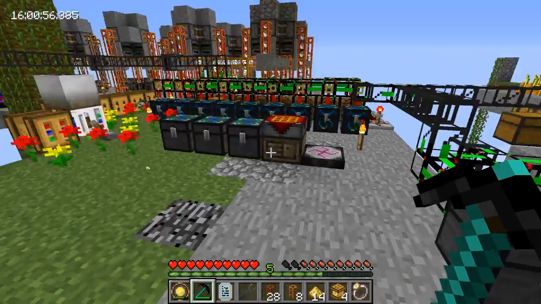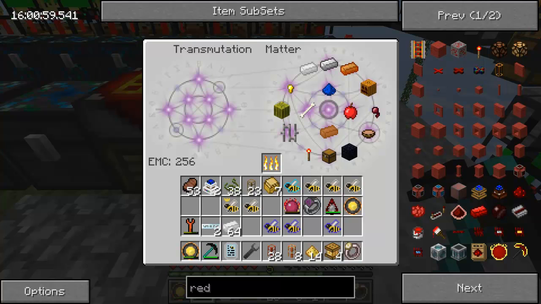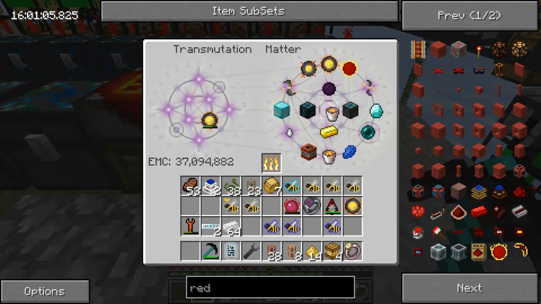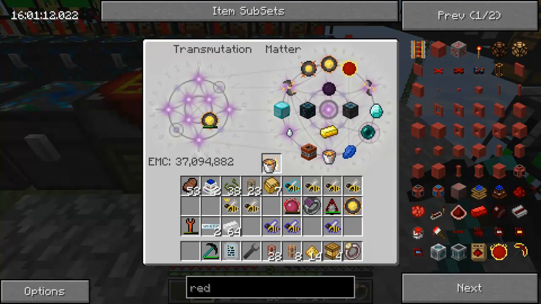Now, I'm thinking I have a lot of EMC in my Klein Star, and it's pretty much just sitting there doing nothing. So what I'm thinking is that what we should do is grab a bunch of some dark matter. We don't want matter. We want to generate